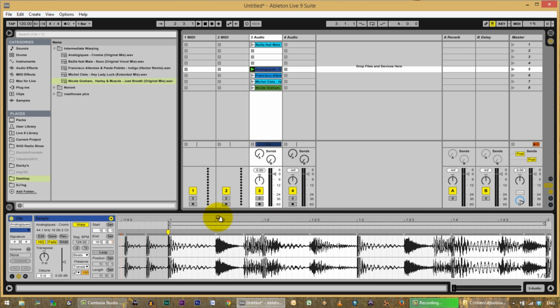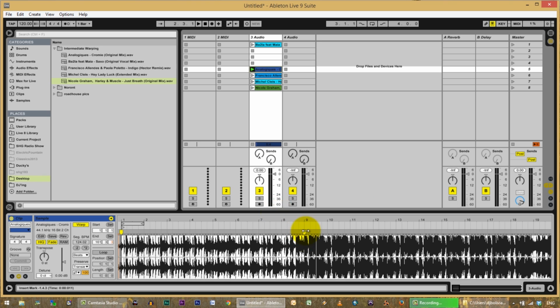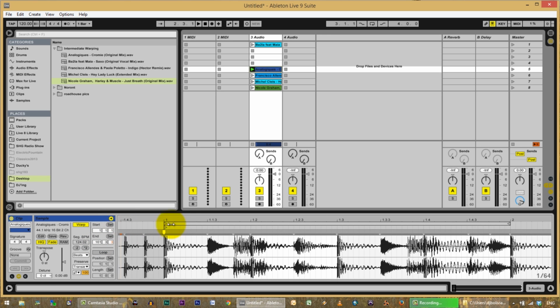So knowing that this warp marker came on the downbeat at the beginning of a bar, and knowing that we shifted it by a certain amount and then shifted this one by the same amount, this should be the beginning of a bar. So let's try. We'll turn the metronome on.